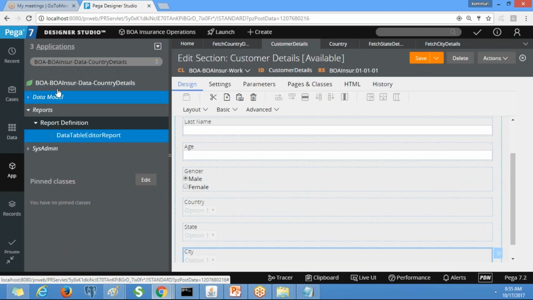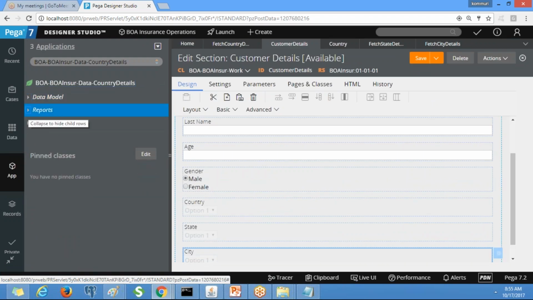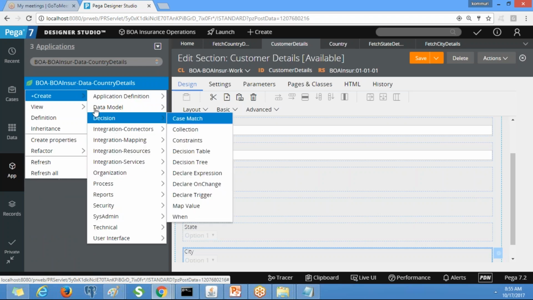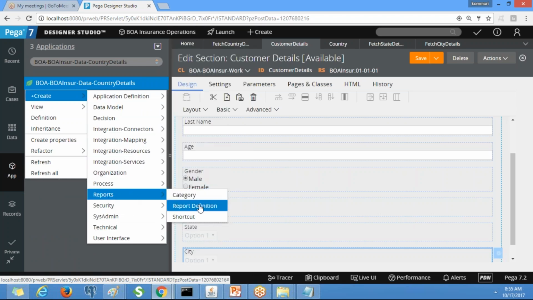Right click on the class where you want to generate the report, go to reports, click on report definition. Clear? Note this down: go to the class where you want to generate the report, right click, create, reports, report definition.